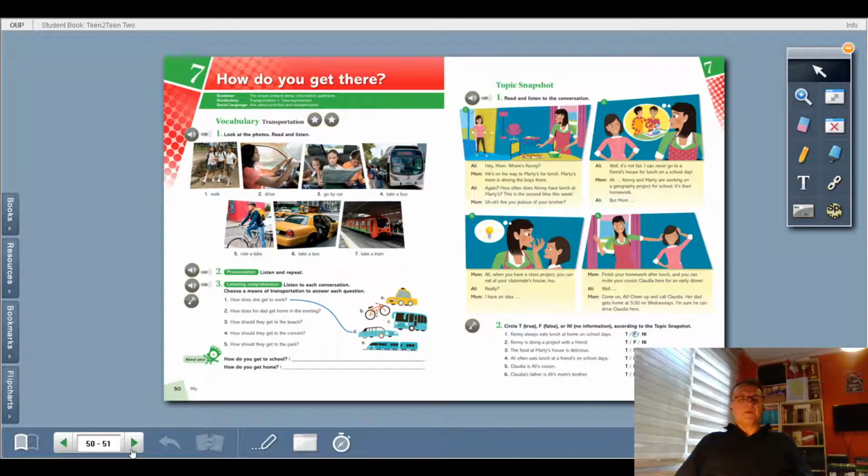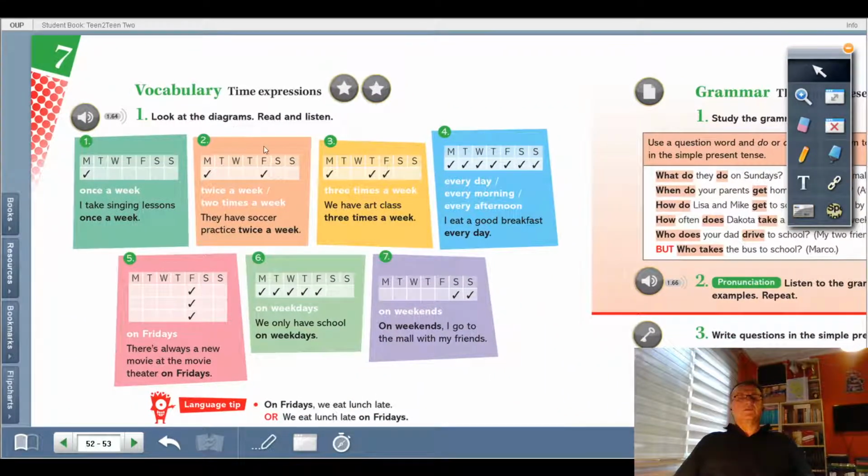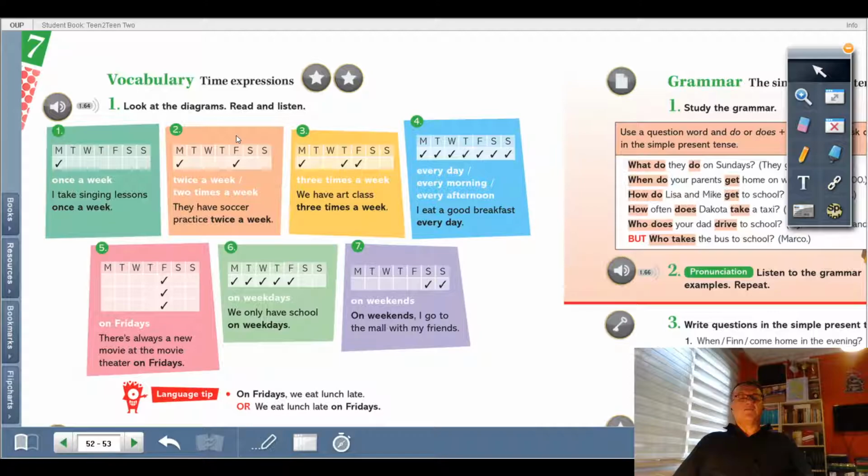Let's turn over the page. We have finished the topic snapshot and we came to the vocabulary, but before that, let's look what's inside. Yes, there are time expressions. Look at the diagrams, read and listen. Once a week means once a week,